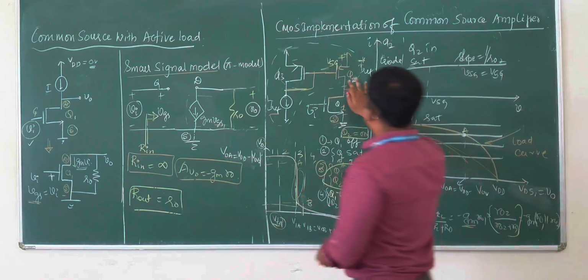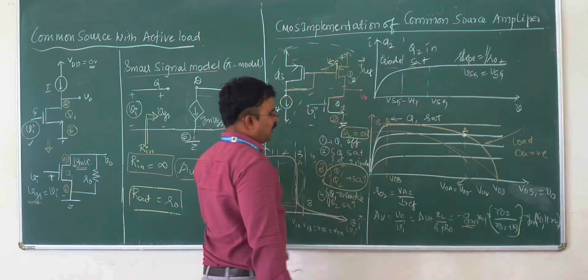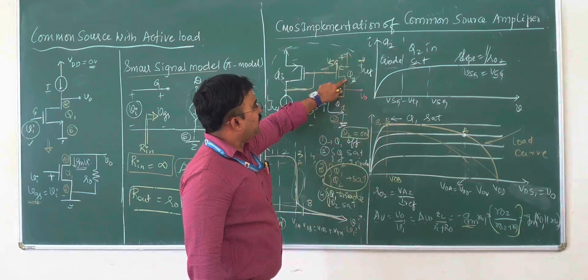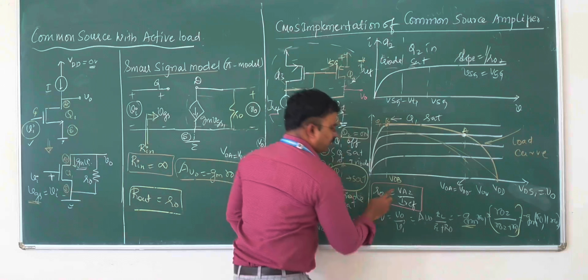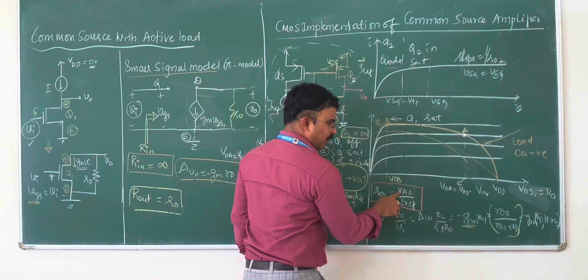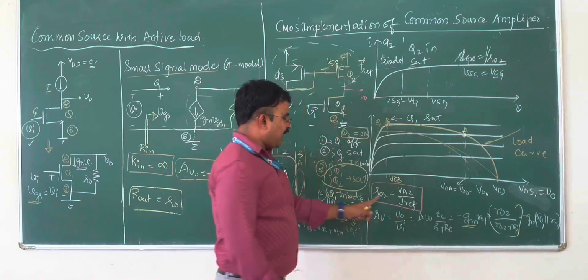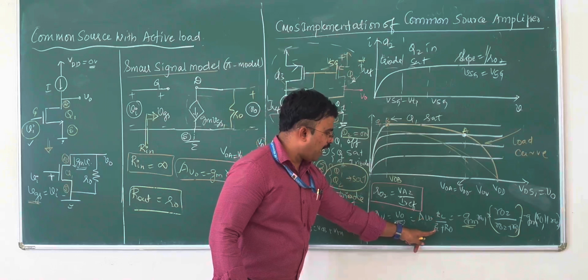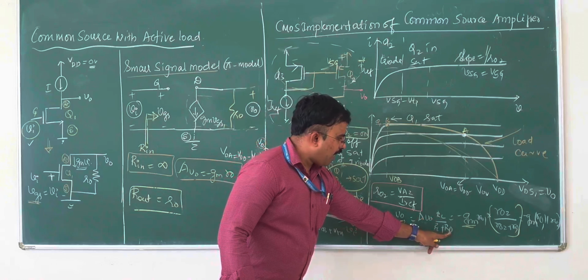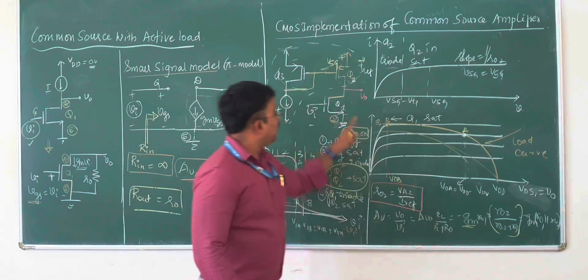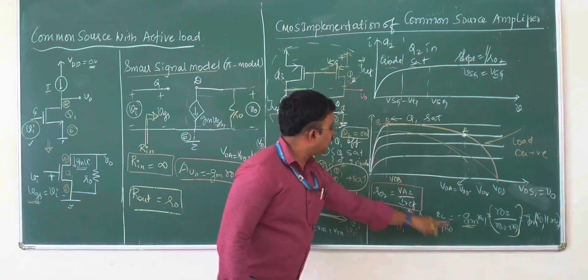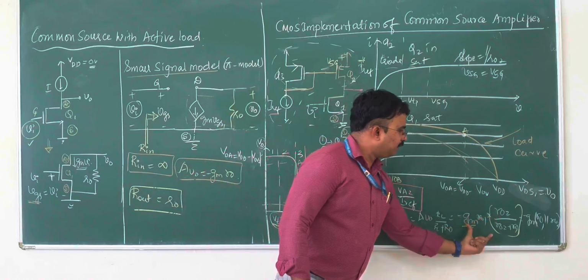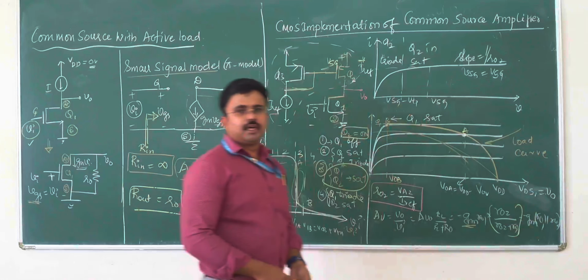We just said that Q2 is acting like a load. The finite output resistance of Q2 is denoted by R0 equal to VA by I reference. VA is the early voltage. And the gain can be found by 2 methods. AV is nothing but Vout by Vi, which is equal to AV0 into RM by RM plus Rout. Now RM is nothing but R02 of this transistor. R0 is the small-signal R0 of this, and minus GM is AV0. So when I simplify this, we get minus GM R01 parallel R02.